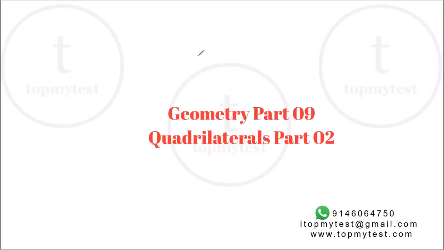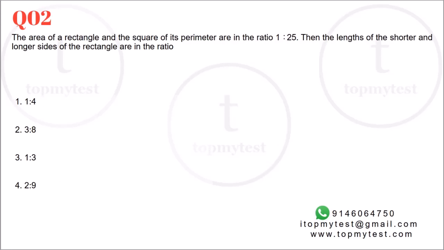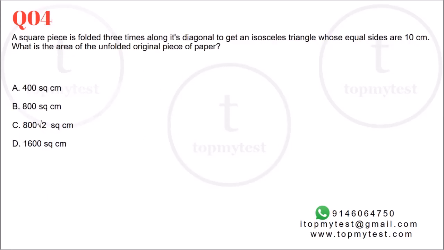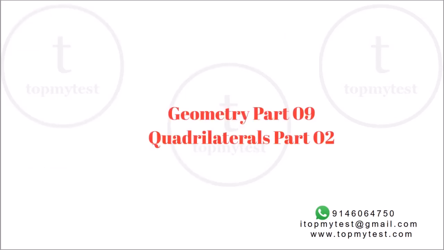In this session, we'll be looking at the second part of quadrilaterals. We'll be dealing with squares, rectangles, rhombuses, etc. I would suggest you pause this video and have a look at the questions. These are from past CAT and XAT papers. Try to solve them on your own. The PDF link is available in the description of this video. Once you have tried these on your own, proceed with the rest of this session.